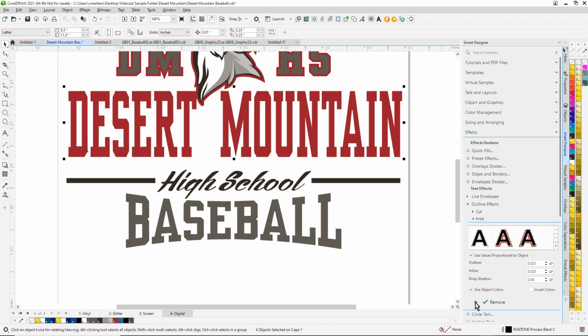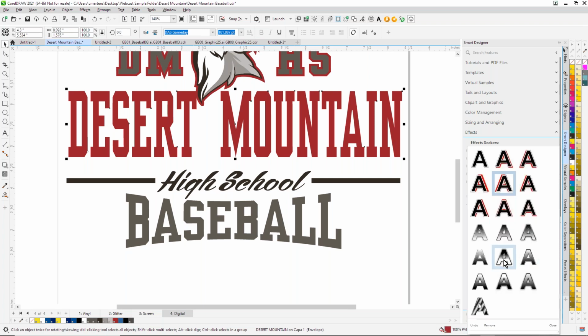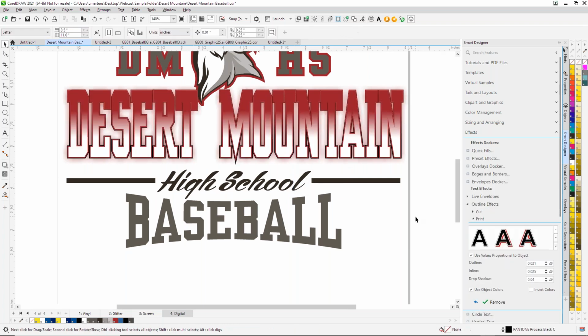In this particular case, I want to do something that's got some gradients and blends, and there's a couple advantages to doing that. When we do a graphic that has a gradient or blend, it actually reduces the amount of ink that's being used, which is kind of cool. And also it helps cover up any imperfections in the substrate. If you're doing a t-shirt and it's got any kind of raised bump in it or stitching issue, it's pretty apparent when you're digitally printing onto that. It'll stick out. Screen printing covers it because it's thick,